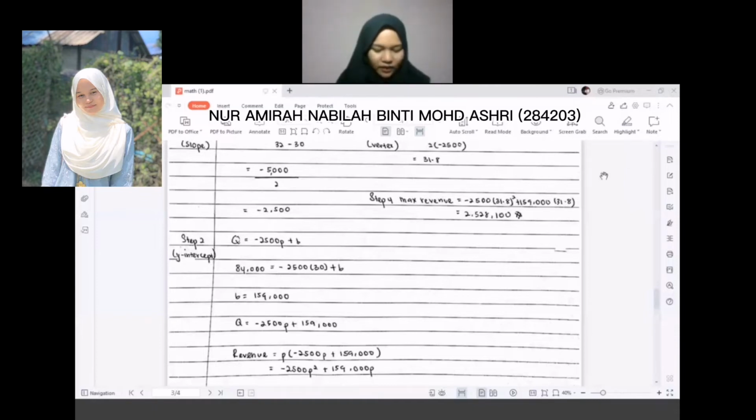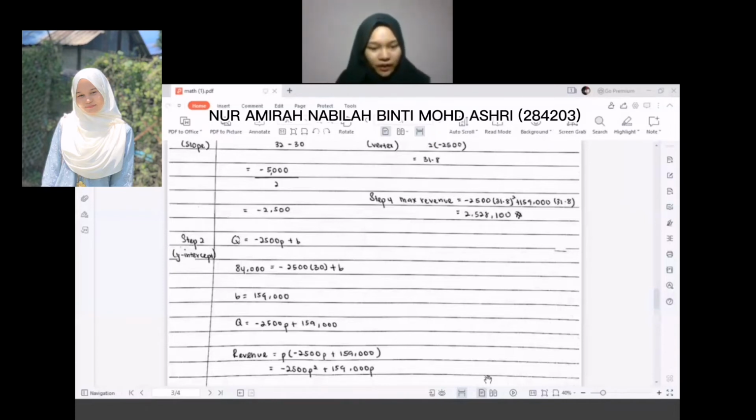This gives us the linear equation Q equals negative 2,500 times P plus 159,000. Relating costs and subscribers, we now return to our revenue equation, which, as we know, is revenue equals